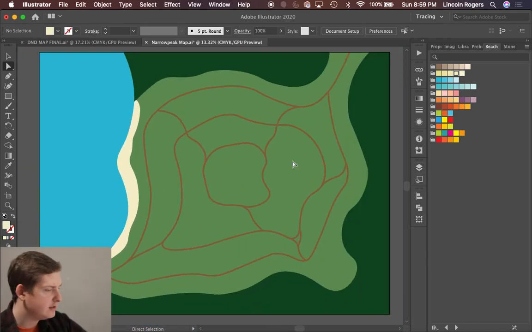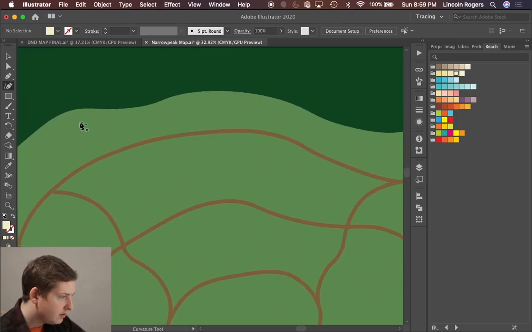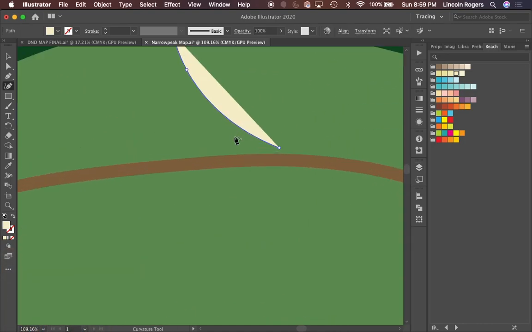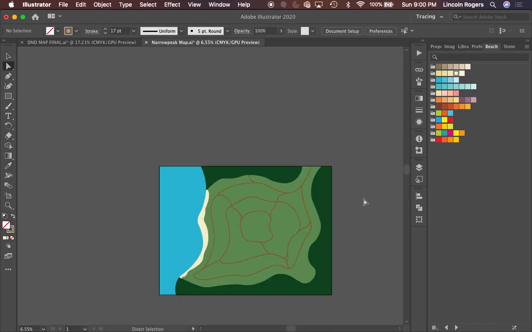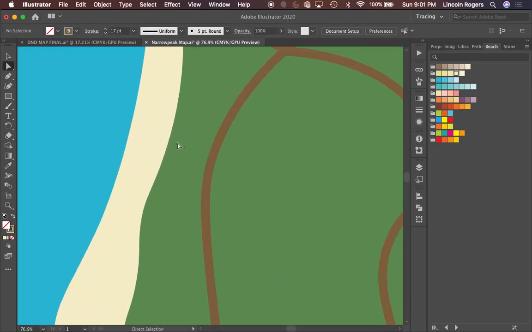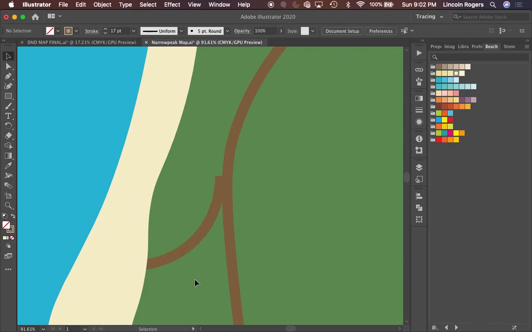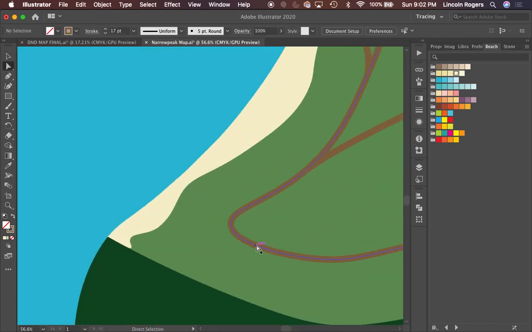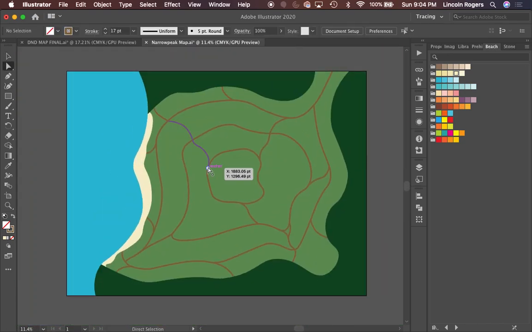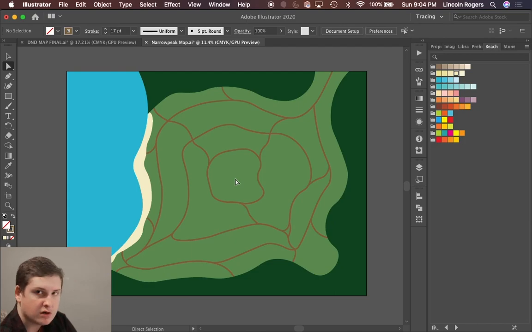You know what? Here's what I think this city needs right now. I think it needs some roads connecting it to the forest, right? Because if we've got a city built into the forest, then I think people are probably going to want some roads going into forests. Just going to get back in here on the roads layer. Okay, so now we've got lots of roads running throughout, connecting things to other things the way that roads do. And I'm actually thinking